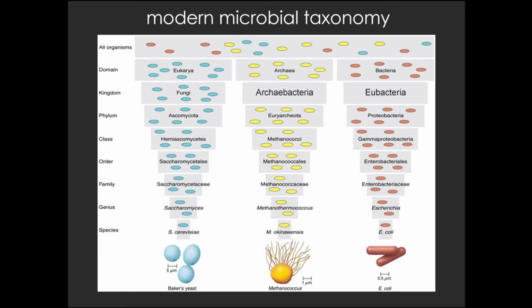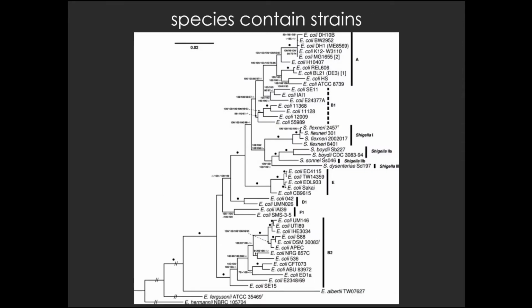Now, having said that, what we need to realize is that this organism here, Escherichia coli, the genus Escherichia and the species coli, is something that was named and known long before these genetic analyses were known and used. And what that means is there are many, many different strains of E. coli within this same species. So just like dogs have breeds, bacteria have strains. And if we take E. coli as an example, these are all the different strains of E. coli